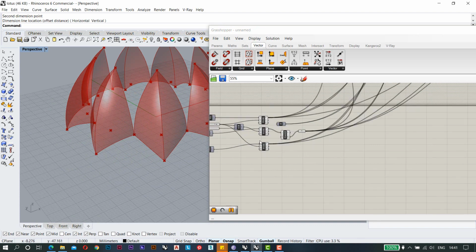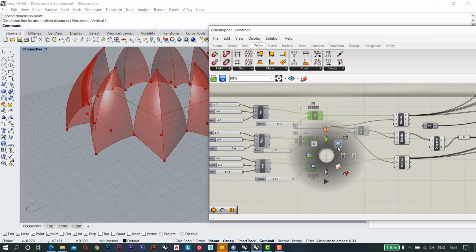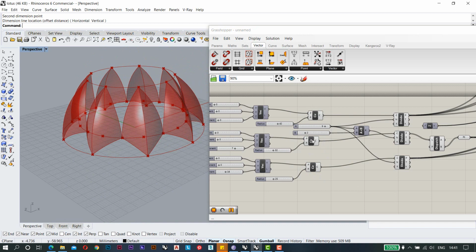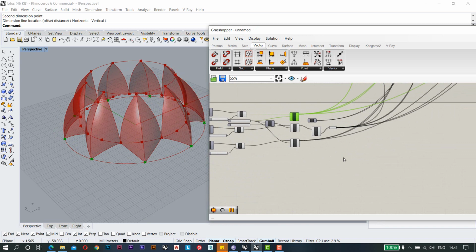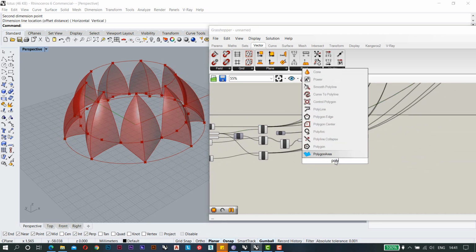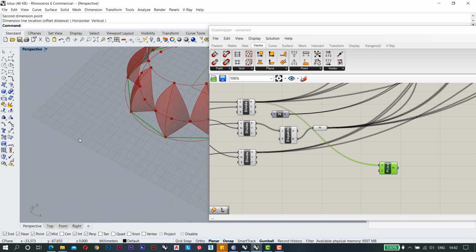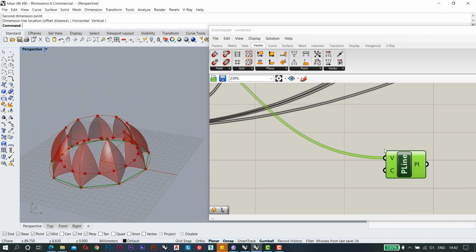Now first of all I need the bottom circle, so I will turn on the preview for these ones also. So these are the circles. Now I need to connect these points which we have at the bottom, which are these points. So I will make a polyline. I'm using this plugin. Here I will put all of my vectors. It will make a polyline, but it will not close it. So I will just set the boolean value to true, and it will make it a closed polyline.